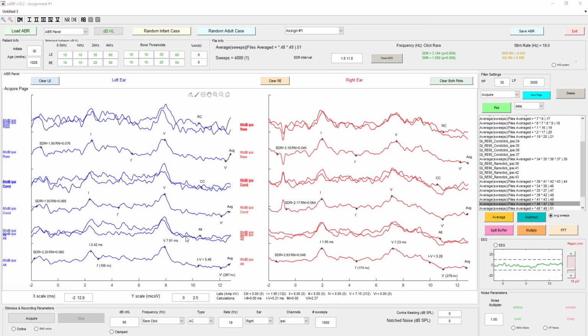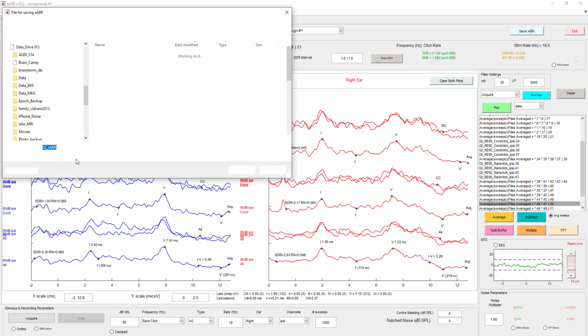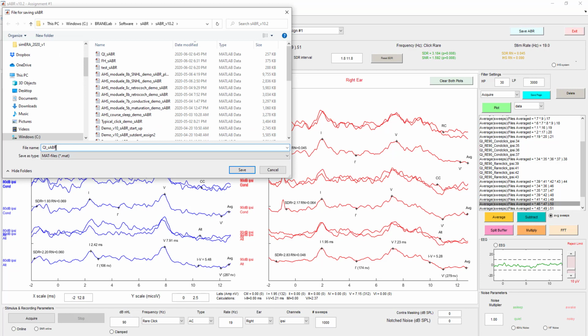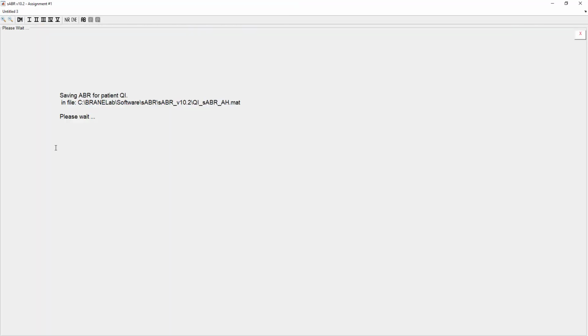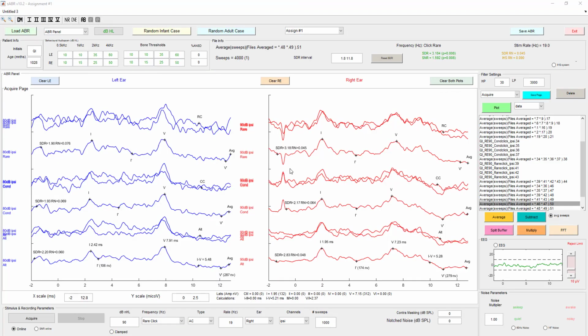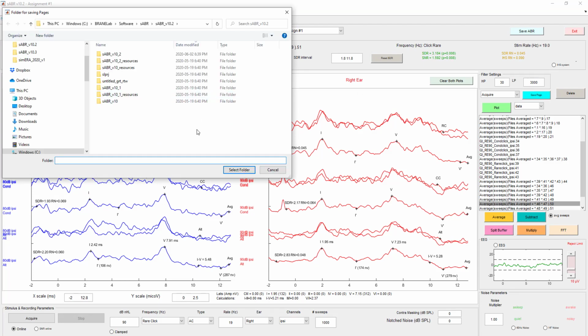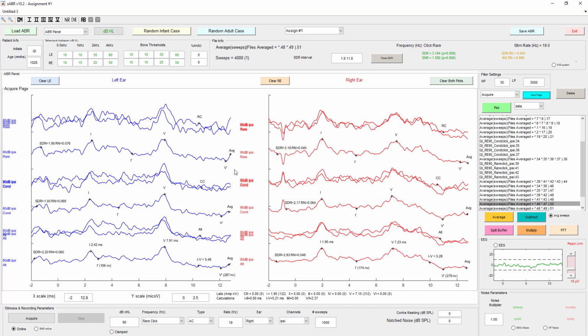Okay, once your student has created their waveforms and created the report, they can go ahead and save that again, but I recommend them calling it something else, like QI and maybe their initials. They can save the page by clicking this Save Page. That will come up. Pick the folder in which you want to save this print screen to, and it will have saved into that